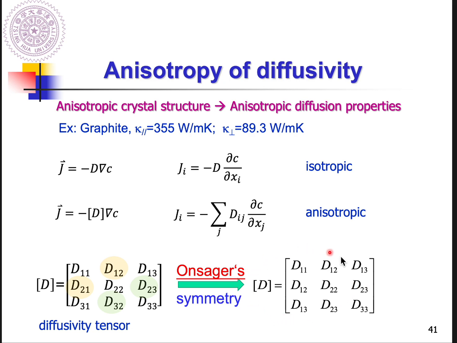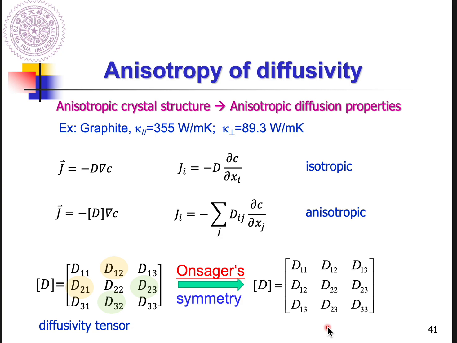And as long as you have this complex diffusivity tensor, how to make the flux or the diffusion, because as long as you got this kind of complex diffusivity tensor, the diffusion equation you have is